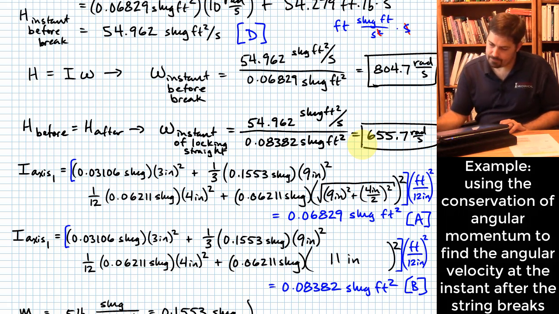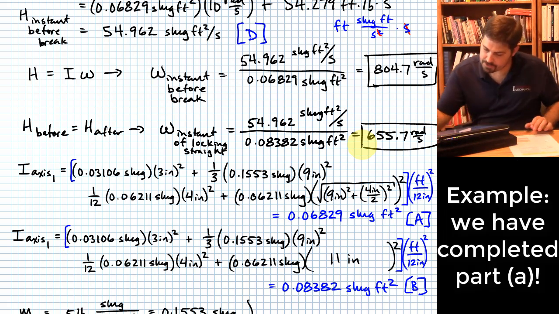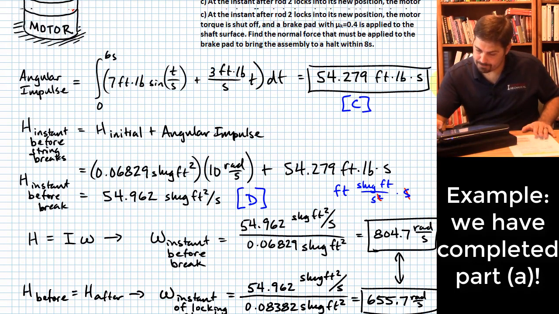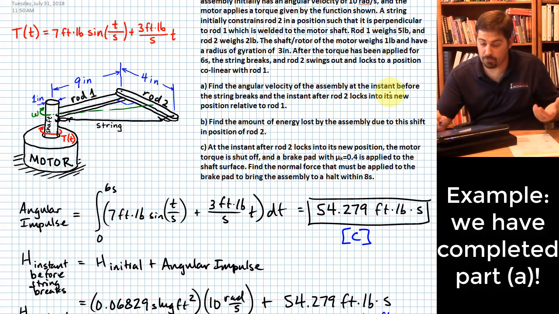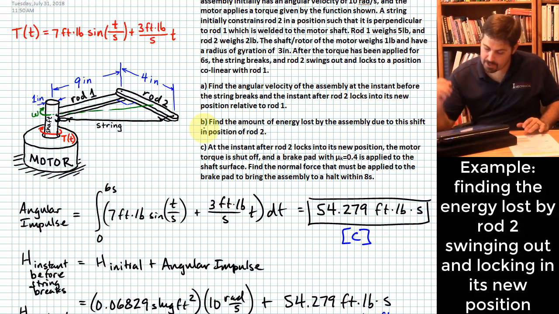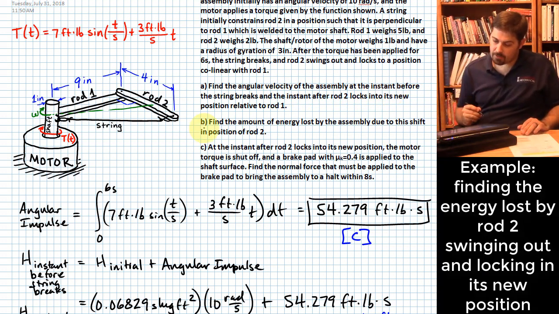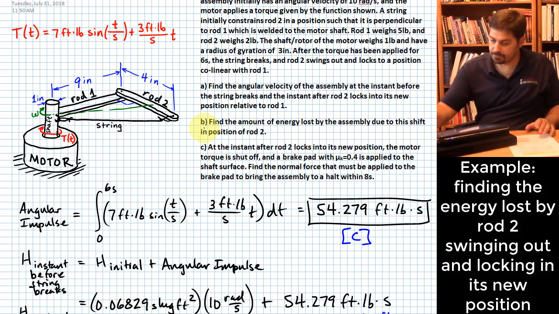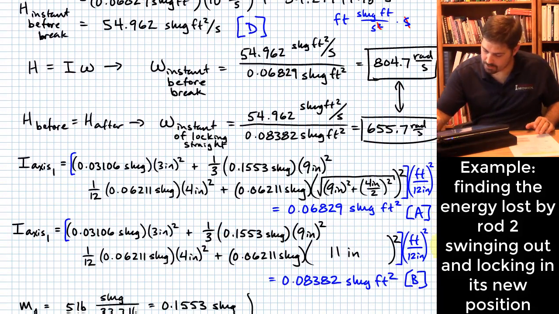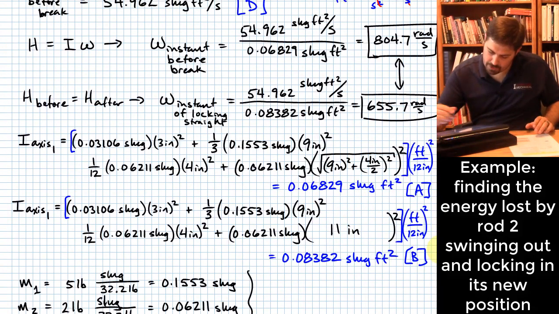Alrighty, so these two answers right here cover the first part of the problem. It asked you to find the angular velocity of the assembly at the instant before and after the string breaks. Part B says find the amount of energy lost in the assembly due to this shift in position of rod 2. Well, that isn't actually that hard, because we know how to compute the amount of energy in